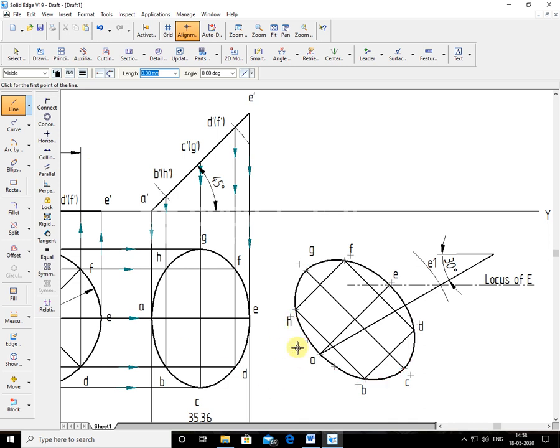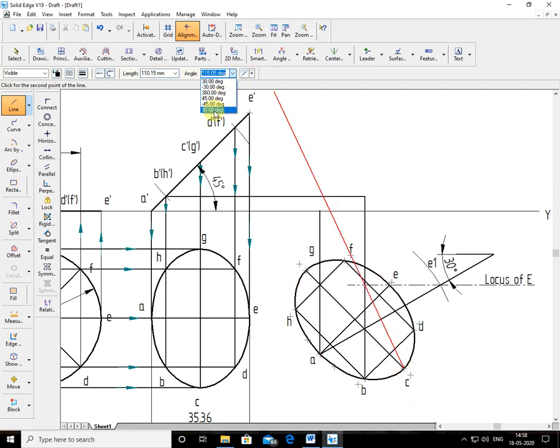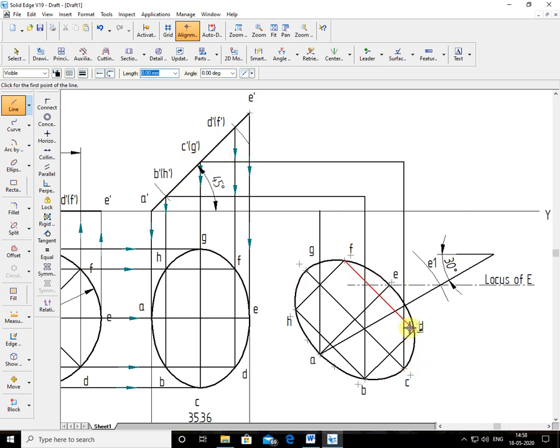I told you to use the alignment indicator along with the 90 degree option, so that you can easily get the location of the projection line. See here. Where is B? B is here, the end of this. This is B. Then where is C? C is here. Use 90 degree for your convenience. So here it is easy. Those who are perfect in mouse handling can use this concept. Otherwise, draw long lines the way you draw in sketching, and you can do it that way also. So 90 degree.